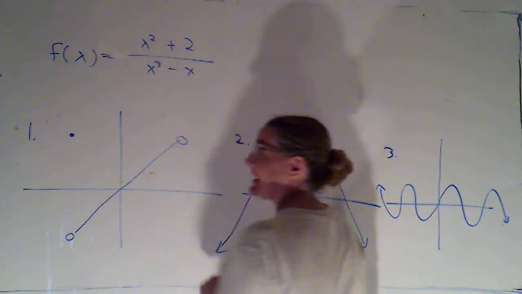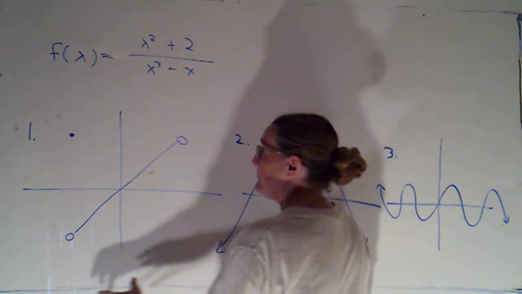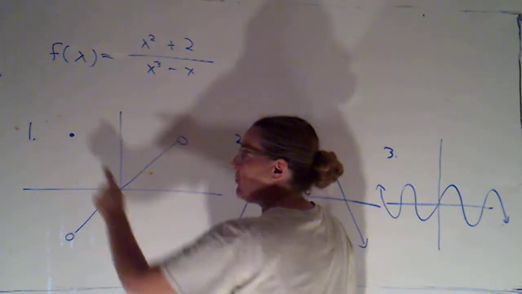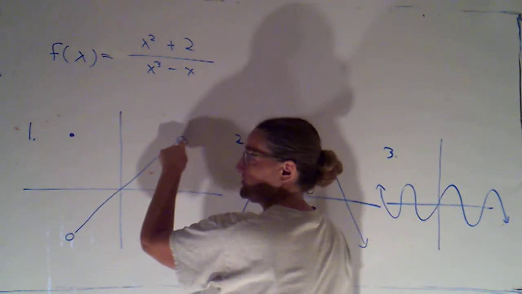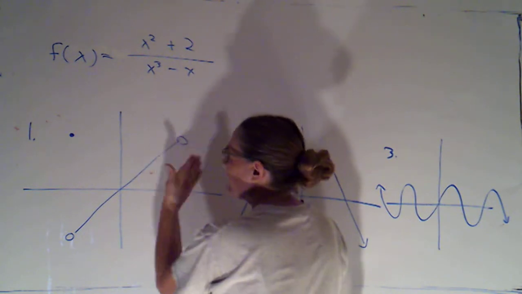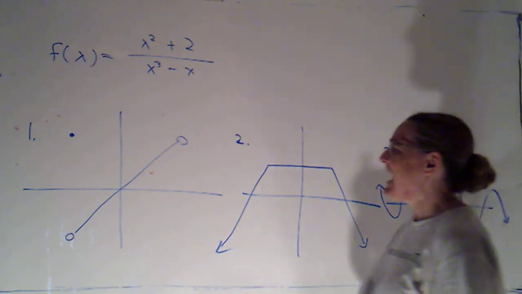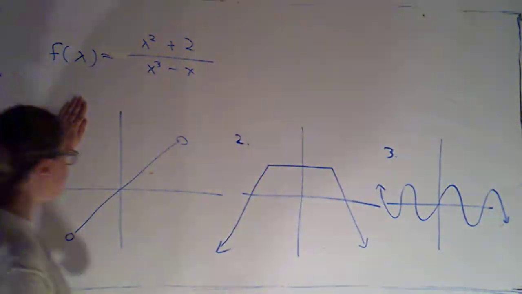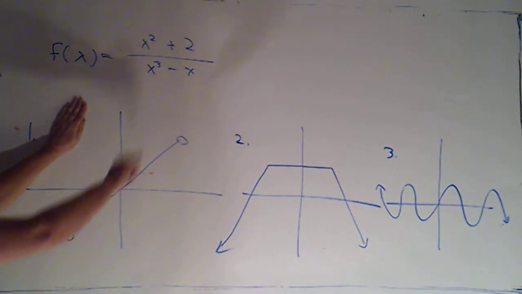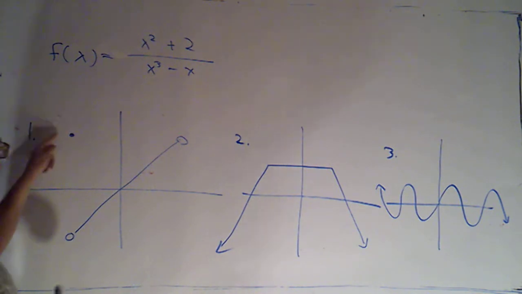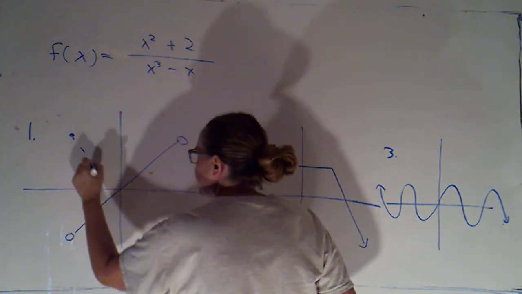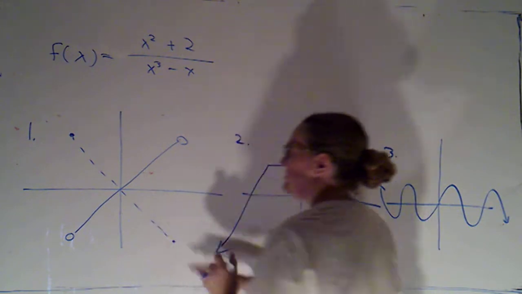This point does not have a mirror image. If this were going to be symmetric about the y-axis, that point would have to have a mirror image over here. And of course, none of these other points have a mirror image across the y-axis. If I didn't have this point here, this would be symmetric about the origin. But this point, if we were symmetric about the origin, would have to have a mirror image down here,